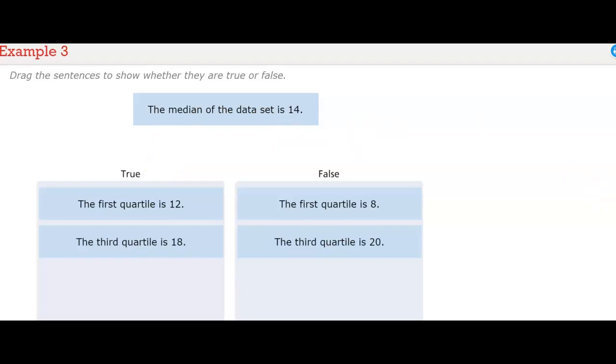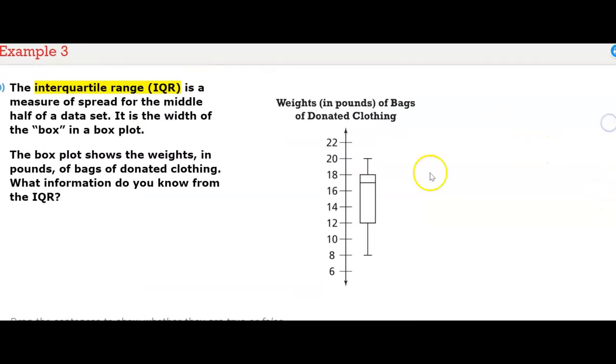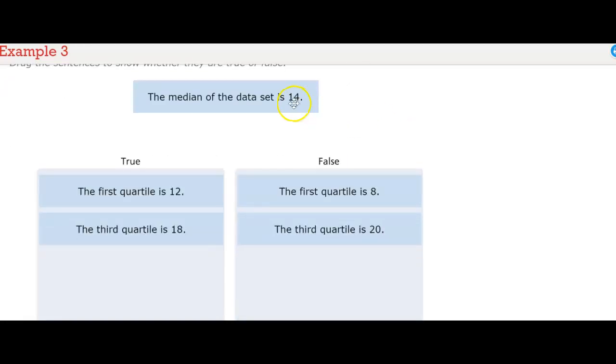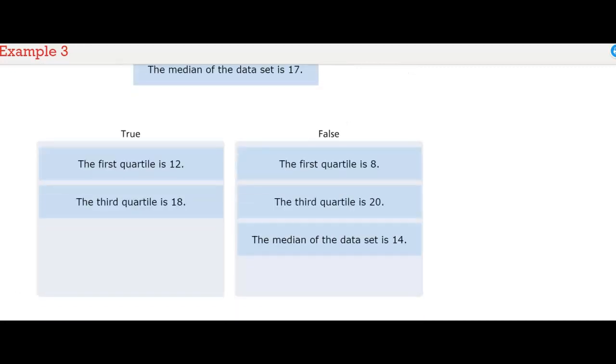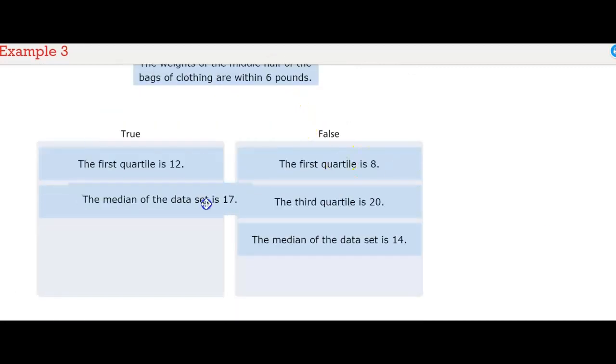Then it says the median of the data set is 14. That line here is our median. Is that 14? No, it is not. So we're going to say that is false. Now it says the median is 17. We look back and we see that line is at 17. So that is going to be true. The next